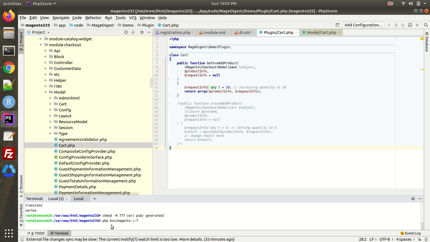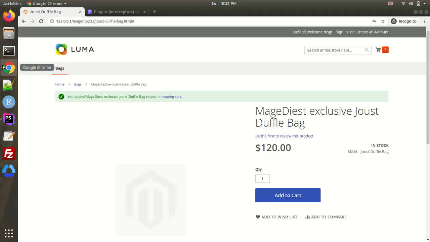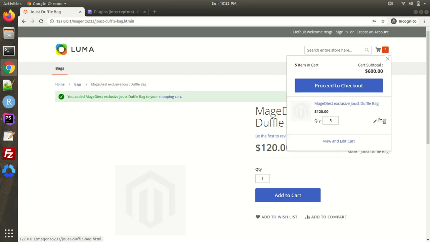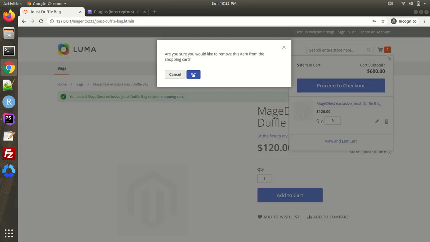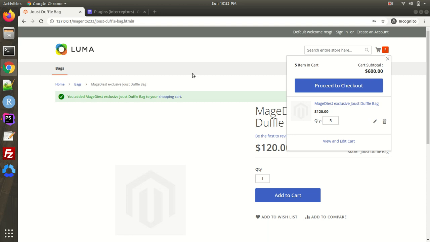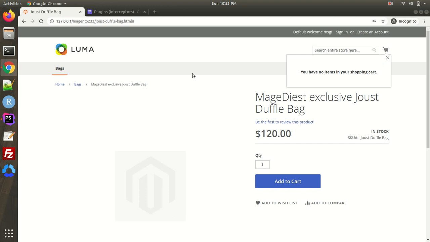So this is what happens in case you are trying to observe the same core class. You have to be very careful while writing plugins. Since I created this for demo purposes, that's why I'm getting such an error. In your case, I believe this sort of scenario won't come. Even if it comes, you have to use the sort order which I've explained. So it was a good thing that happened, because there was much clarification.